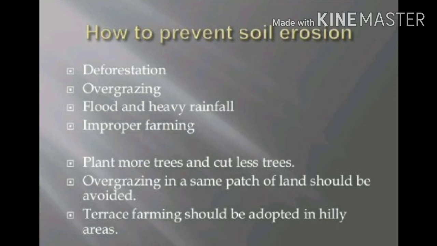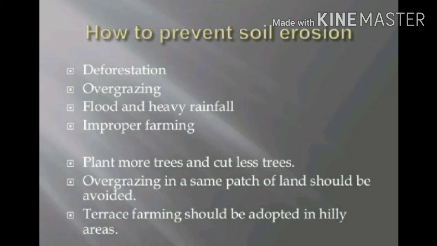Now the flood and heavy rainfall. Because of floods and heavy rainfall there is also a problem of soil erosion. So plant more trees and cut fewer trees. In deforestation, all trees are cleared and the land is made clear for different purposes, so it should be minimized.